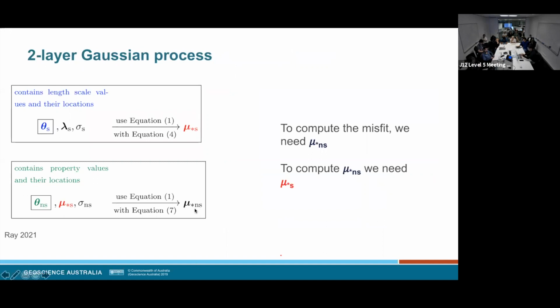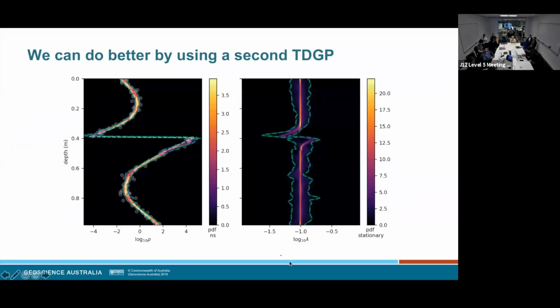So this mu star S in red and mu star NS in black: this is a whole ensemble of stationary length scale means, and this is a whole ensemble of non-stationary function approximation means. So they still have to map onto, in this case I think I've got a 100 or 200 cell grid vertically. And so the arguments of parsimony, which work in favor of the function approximation, also work in favor of the length scale approximation.